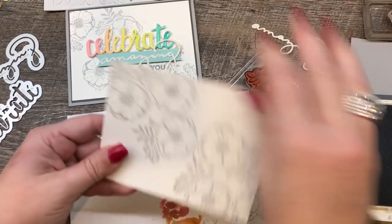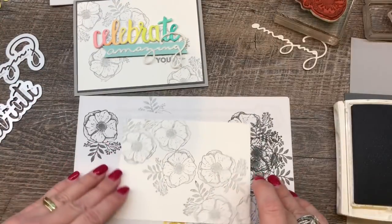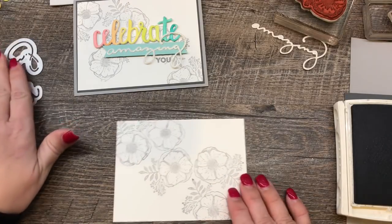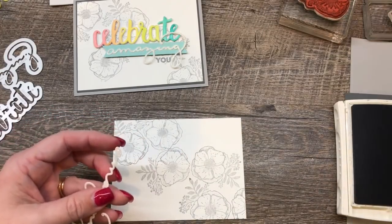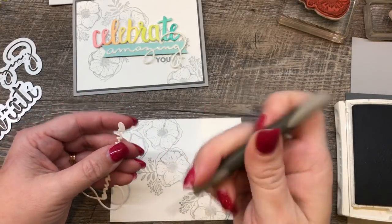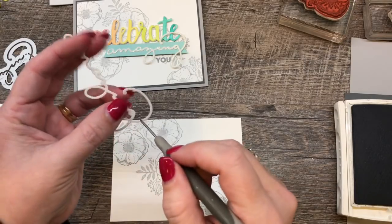Okay, so I've got a diagonal pattern of flowers on here and that looks good. We'll take this away so you can see what I'm doing a little better. And then I've got my amazing. Now I still can't find my poking device. So I'll just, oh, there it is. Oh my goodness. It looks similar to a Sharpie marker. I store my Sharpies upside down. So I think that's what I was doing. So I'm just poking out these little